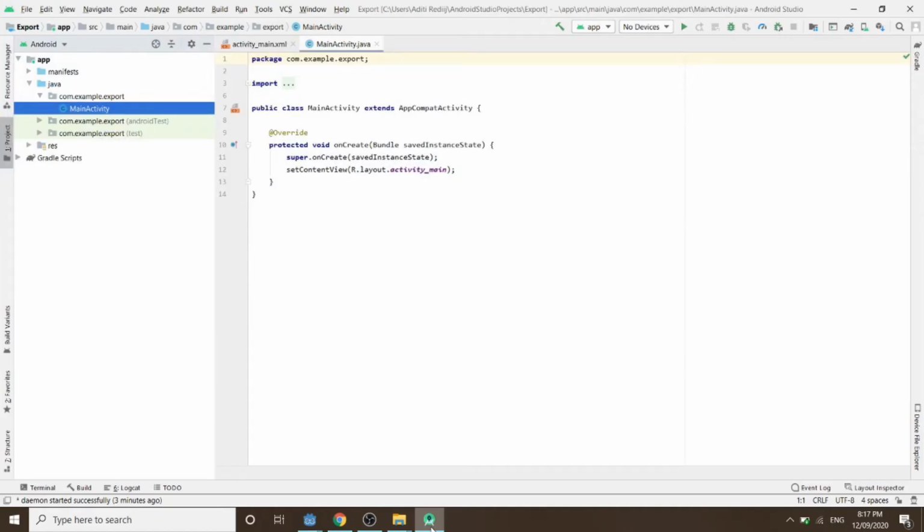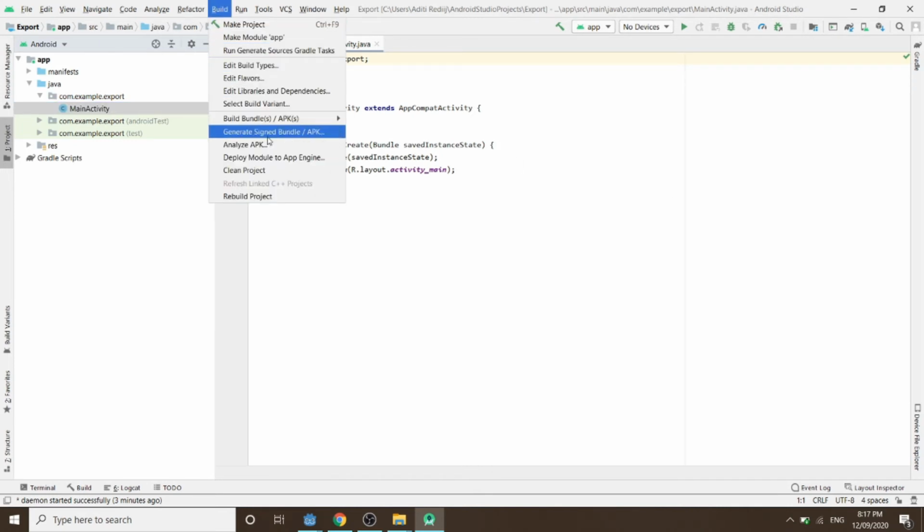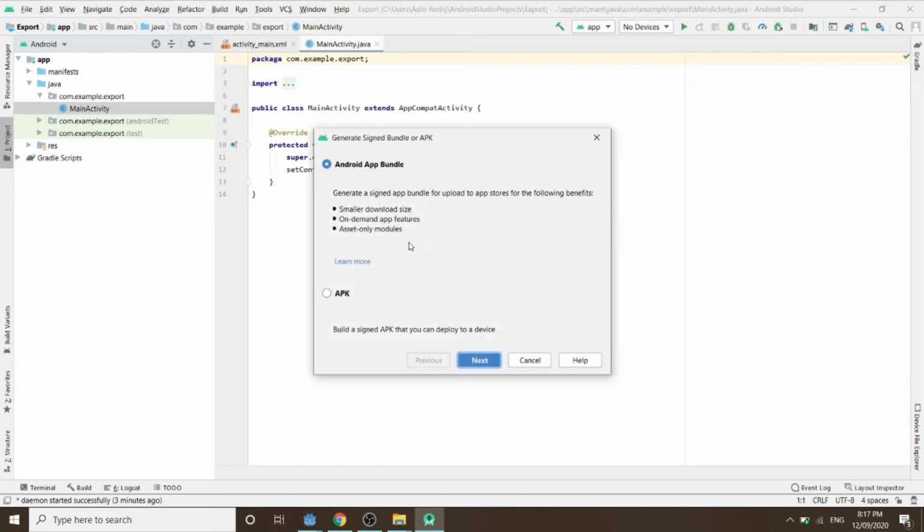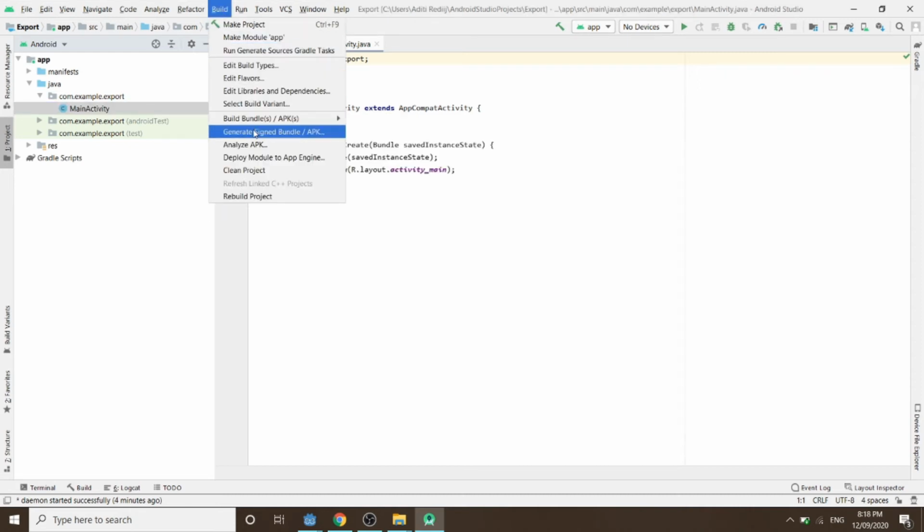For that we need to open our Android Studio again. Give some time to load all the processes and you are good to go. We need to click on Build, Generate Signed Bundle/APK. If you are not seeing the options at first, that means some processes are still running in the background. Just restart and give it time. It will open up.